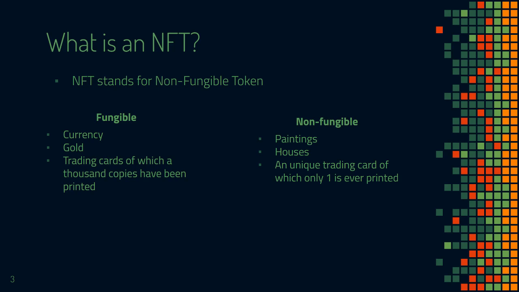But if we're investigating a bank robbery, it's very valuable to be able to figure out, okay, these were the printed dollars that were stolen. If we see those coming up in circulation, we can make a note of that and arrest that person or figure out how that dollar has been transacted. So a lot of these things in the real world are non-fungible, but we treat them as fungible for the purposes of interacting very easily in the real world.